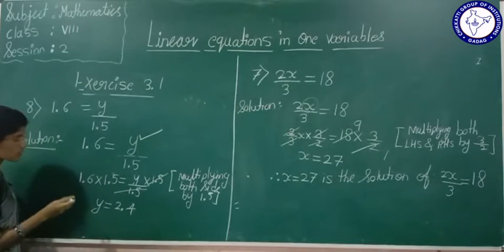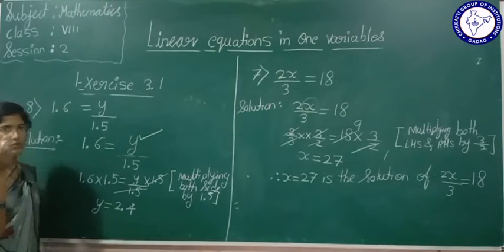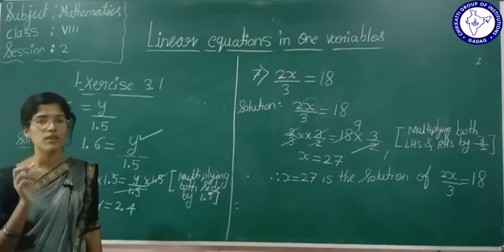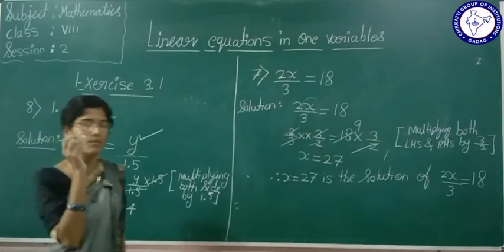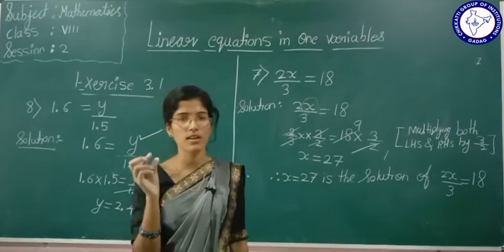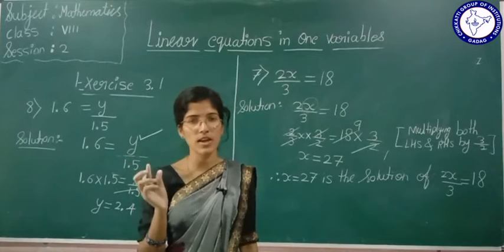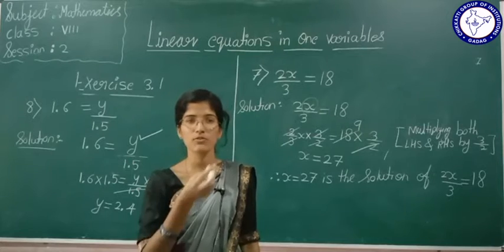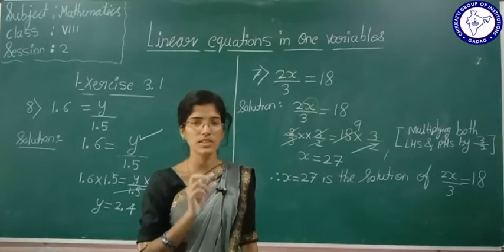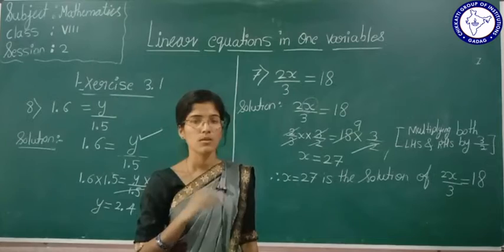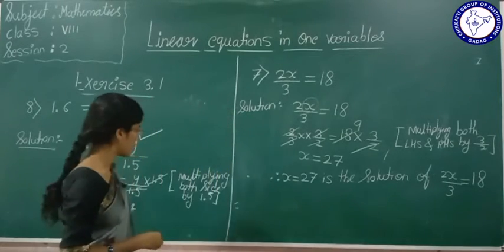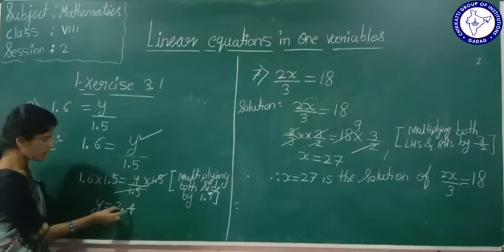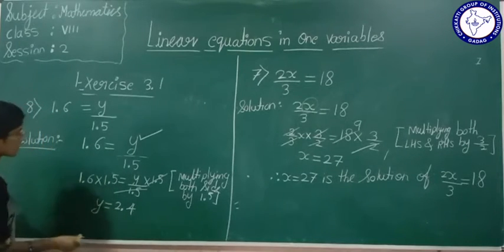See here, you should not keep 2.4 is equal to y. Always you will write, like if you got 25 out of 25 in maths, you will say I have got marks 25. You don't say I got 25 marks, right? In common talk we say I have got marks 25. What I want to tell is, you have to write variable is equal to a number, not a number is equal to y.